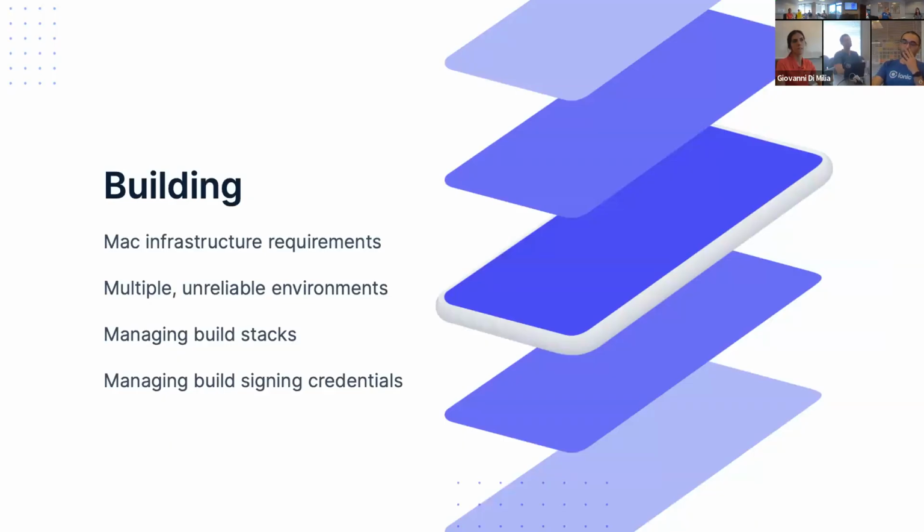This is the same as Faisal said. The big difference is that it's very dependent on the development environment. If you want to build the iOS app, you need to have a Mac. Not everybody has a Mac. You need multiple environments for Android and iOS. Yes, you can build an Android app on Macs, but not vice versa. And you cannot build a Mac app on Linux or Windows.